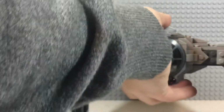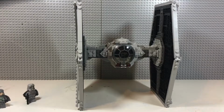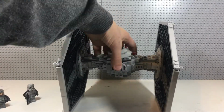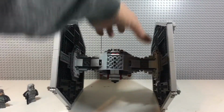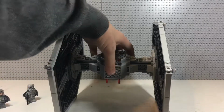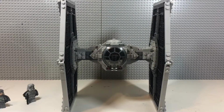Next I'm just gonna show you some stuff. Like if you want to, let me zoom out for now. If you want to, you can angle it like that, or like that, or like that. Like that. I like this one most. Second most. This look is my favorite, because it's just that